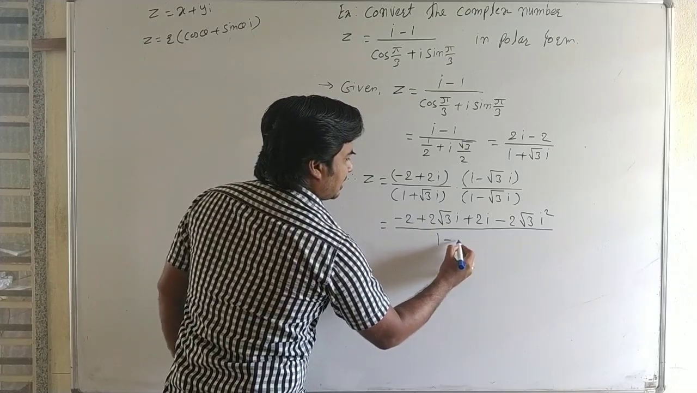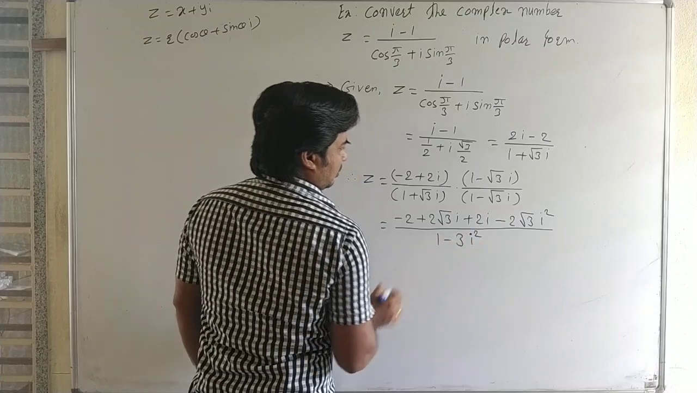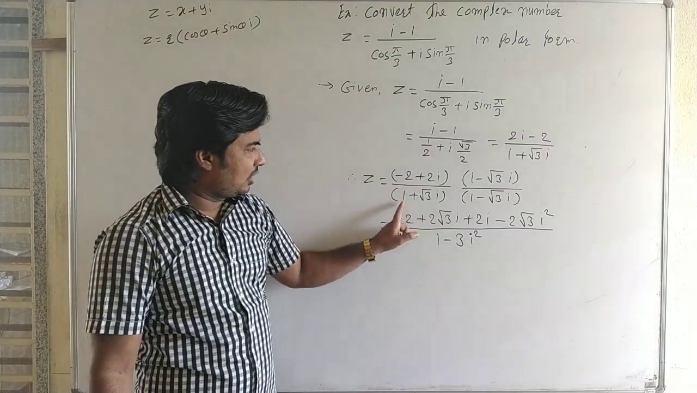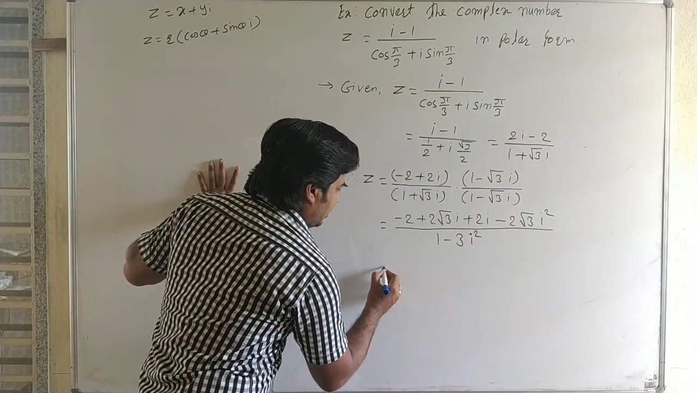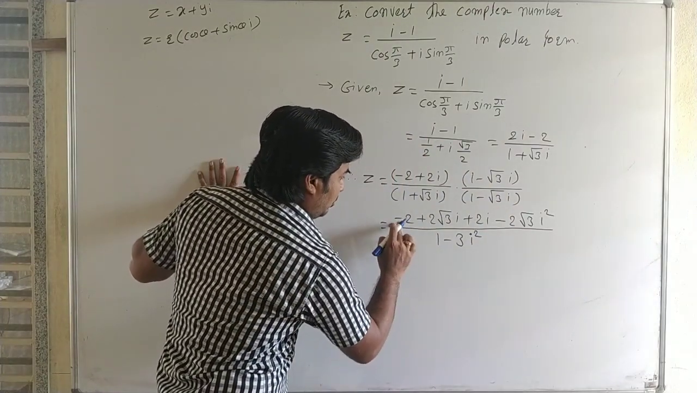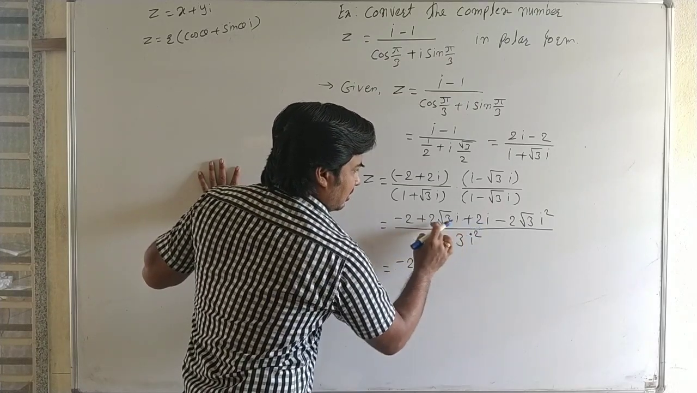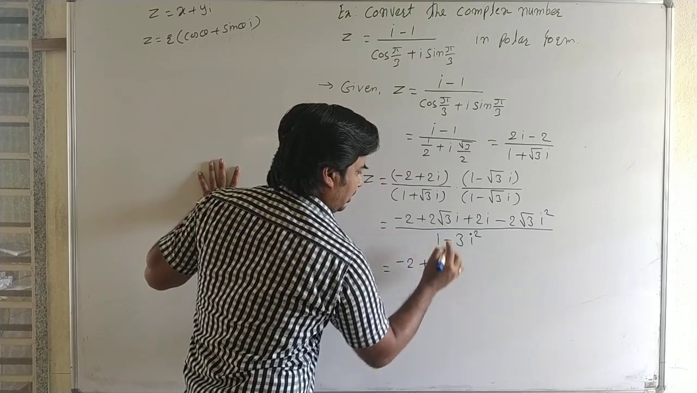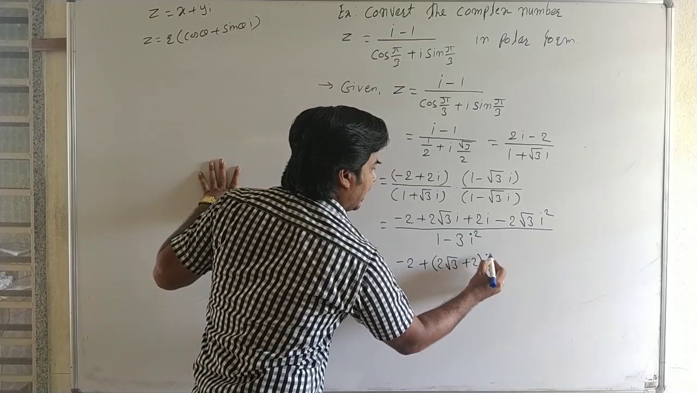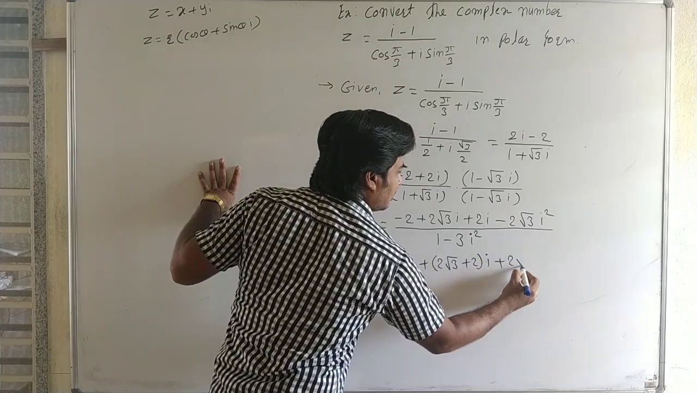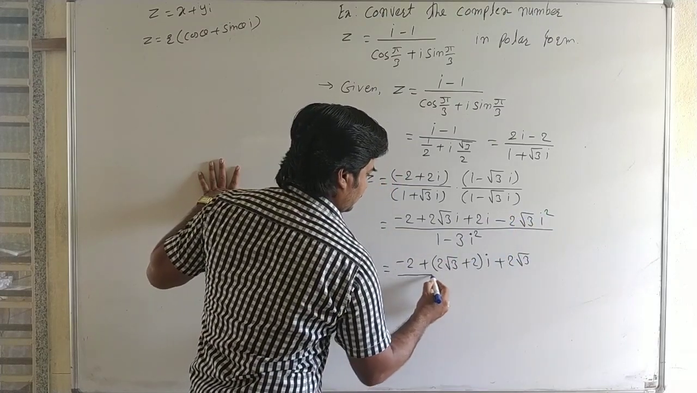Here (1 − √3i)². It is (1 + √3i)(1 − √3i). Take the multiplication directly. Now here it is 2 − 2√3 i plus 2i plus 2√3 i², and i² is −1, therefore it is plus the whole upon